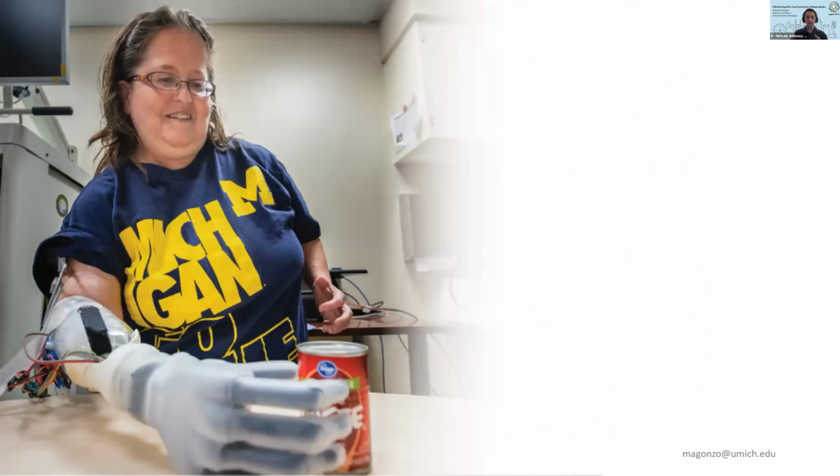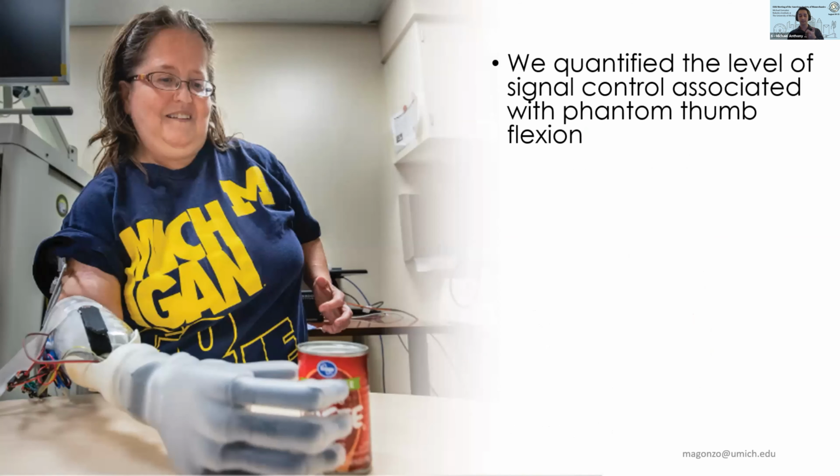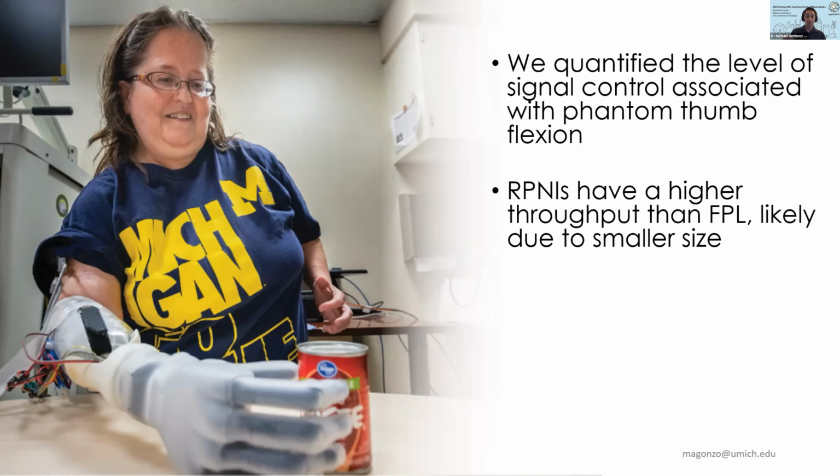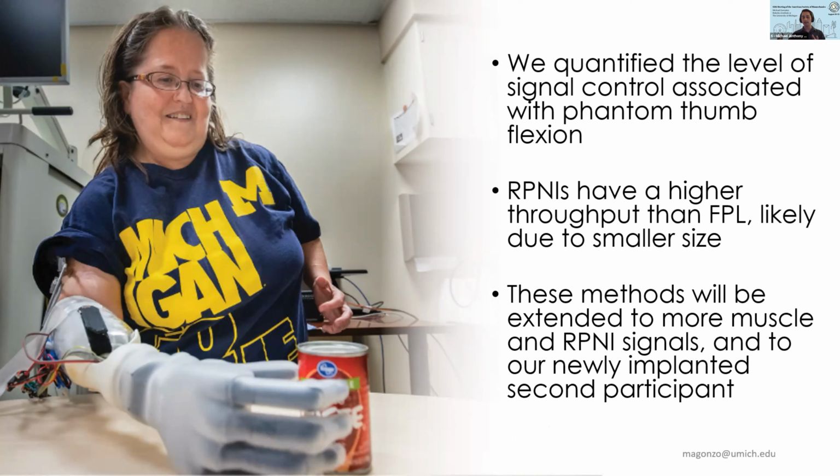So in this study, we were able to quantify the level of signal control associated with the residual flexor pollicis longus and the median RPNI as our participants flexed their phantom thumb. And we found that RPNIs had a higher throughput than FPL, likely due to their smaller size. However, we really want to extend this and get more context for these results by extending our methodology to more signals and to more participants, so that we can get a better understanding of how user intent translates to electromyographical